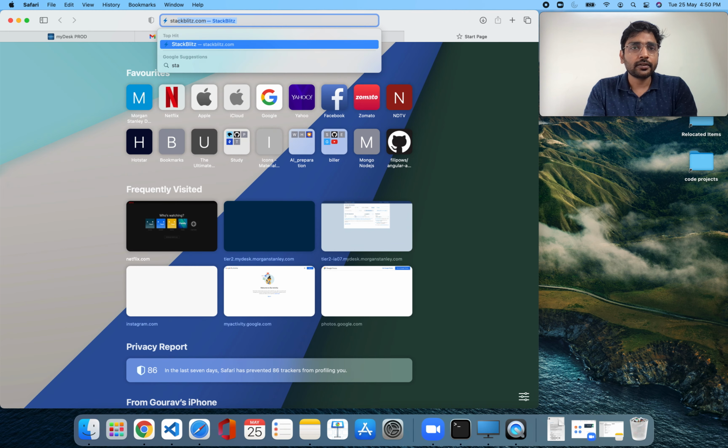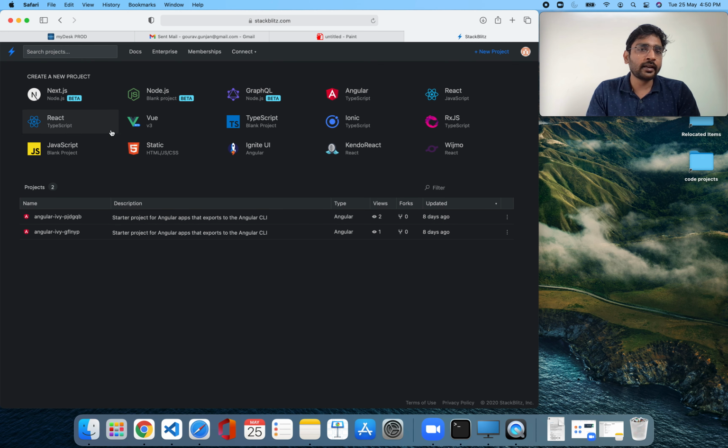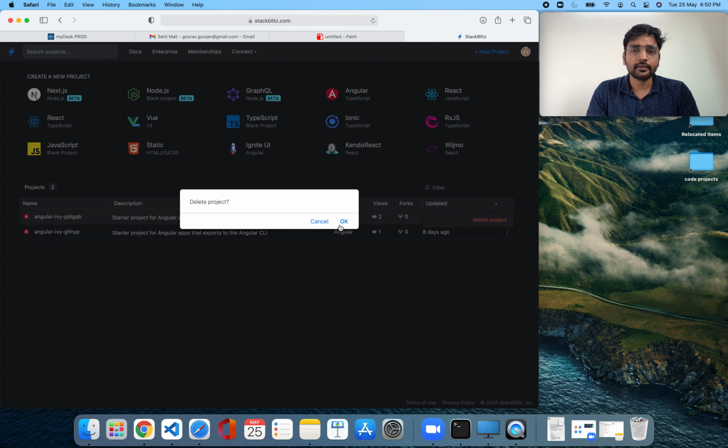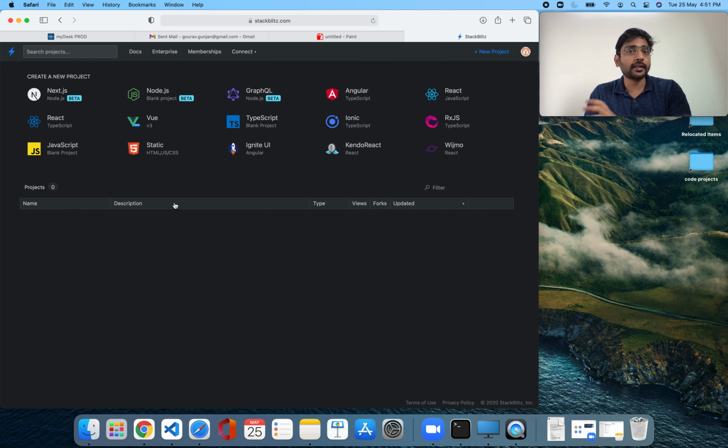To do that I will start with some StackBlitz, and I will start up something. Let me delete this, it's not necessary. As you can see, these are reloading the complete page. This is the first case I told you about, when you do some operation and a complete web page is sent back.